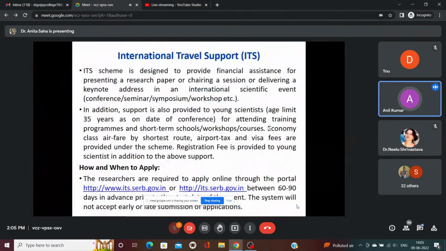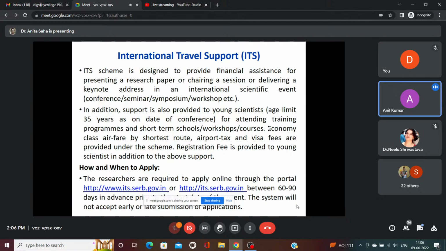Yes, institutional travel support. Not only SERB, but DST, DBT, ICMR, CSIR, even the Council of Social Science, all the scientific bodies are supporting researchers with travel grants to foreign countries, or even inside the country also. They are supporting programs dedicated to workshops, symposia, seminars, colloquia, and other activities, proposing your proposal, evaluating applications, releasing grants.